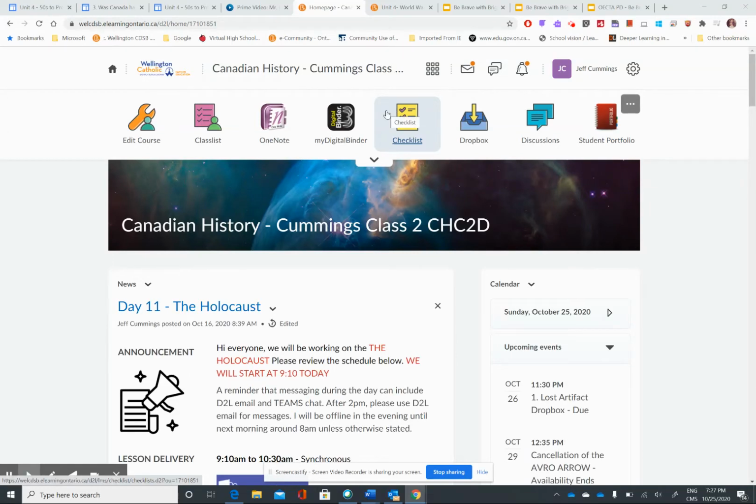In Brightspace, there's a number of different ways that you can create content. So in your site, there'll be a navigation bar, which will be at the top of the site. We've renamed ours or rebranded our content area as My Digital Binder. You'll have a content icon that's available to you. So you would click the content icon,